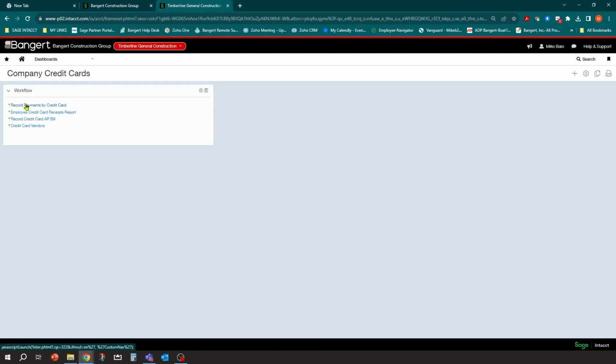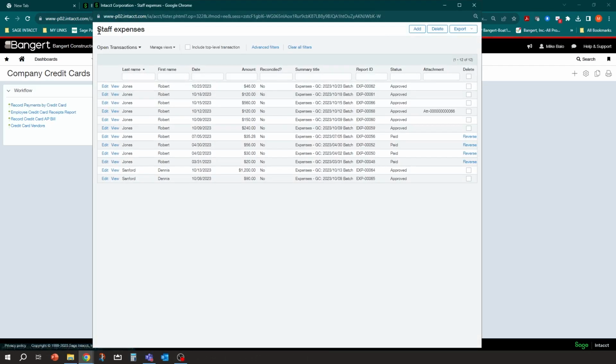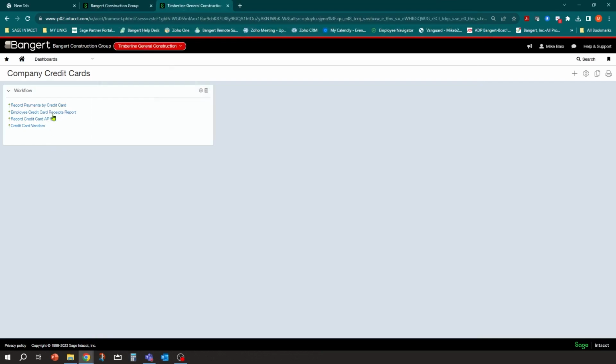And I just want to use it for my process. Step 1, record payments by credit cards. So those that use the Sage 300 process, if you're using the process through accounts payable, that's what you're used to it being called. In reality, if I click on it, it's going back into staff expenses where we were to start with. So you can kind of make that transition related to more of what you're used to it being called.